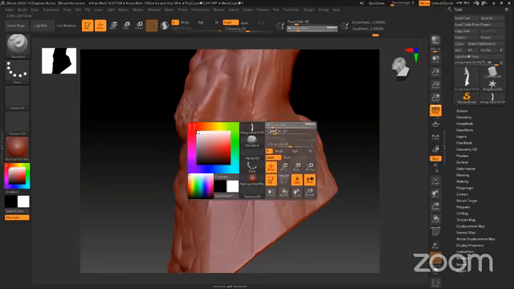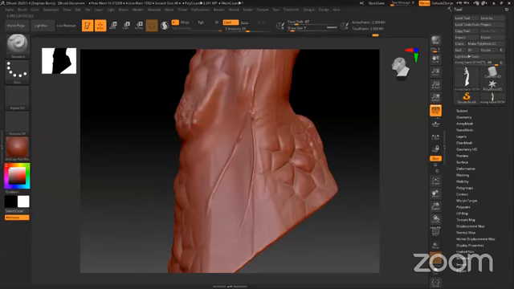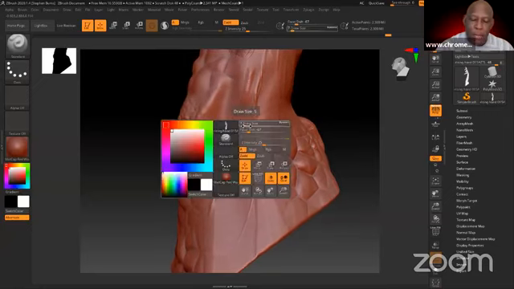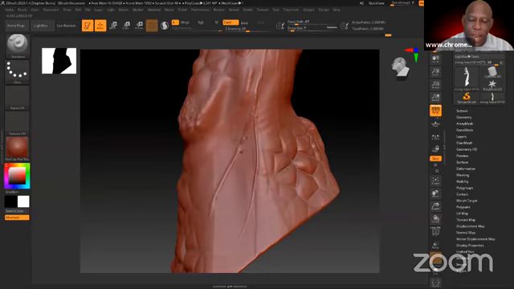Someone's also asking, while you're doing that, if you ever use pressure to adjust size as well. Yeah, and that's exactly what this is doing right now. The pressure is adjusting the size. Say, for example, I really don't want it to adjust the size that much. I just control it by altering the size of the pen or the stroke. So I like to work with veins somewhere around a 5 diameter.